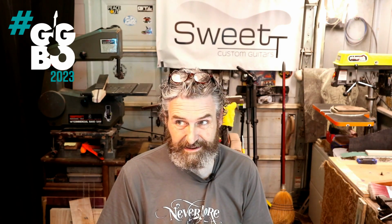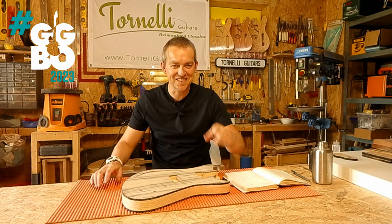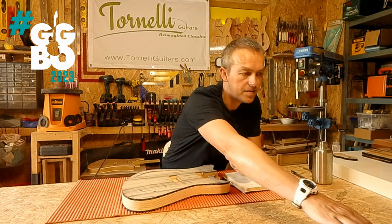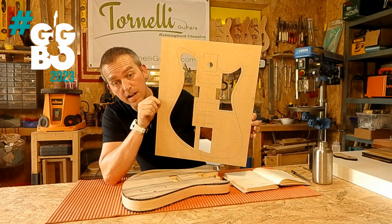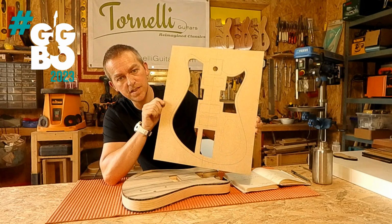Is that right? No, 6.6 pounds? I'm reading my notes. It is 6.6 pounds. So after all of the weight relief and the routing, and in fact, I may as well quickly show this. That's my routing template. So I'd said to you right at the start, I've really got to take some material out of this because